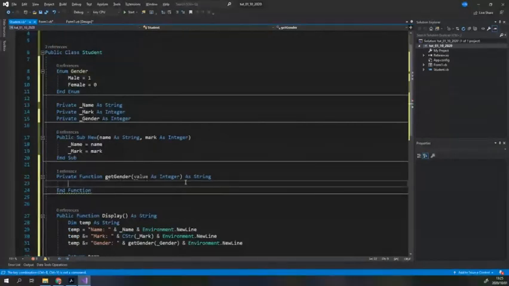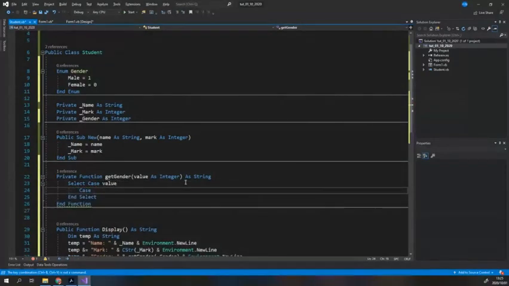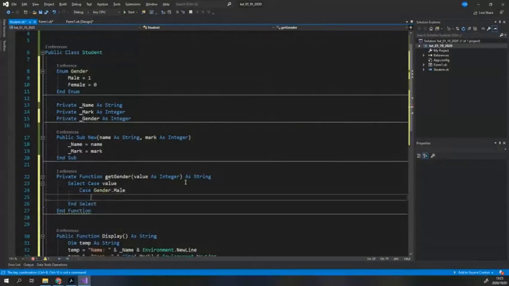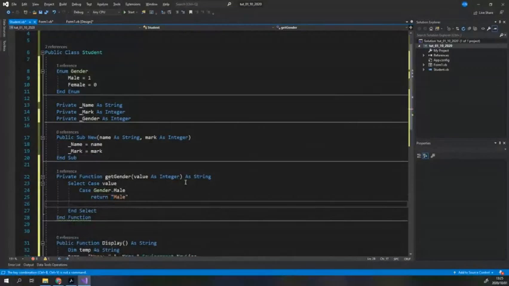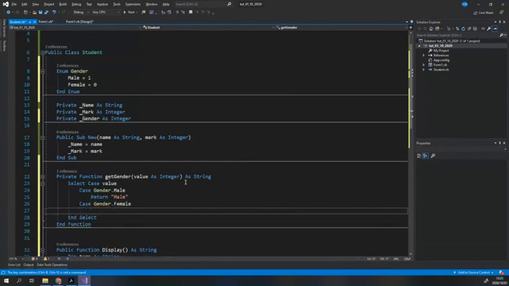So we can go select case value. We can go case male, which we return male. Otherwise, we can go case gender dot female, in which case we can just simply return